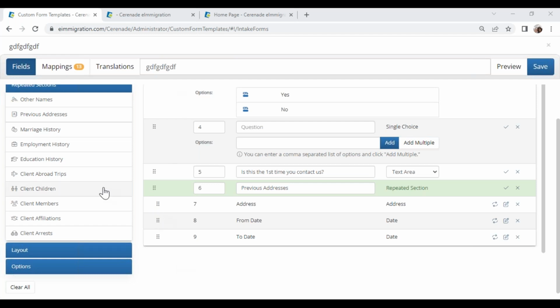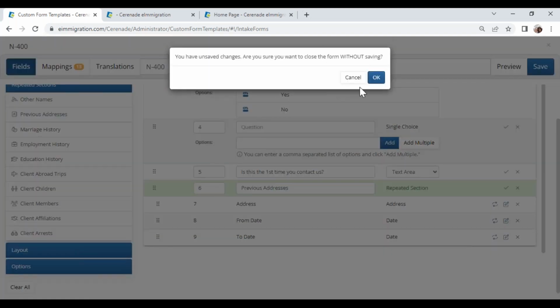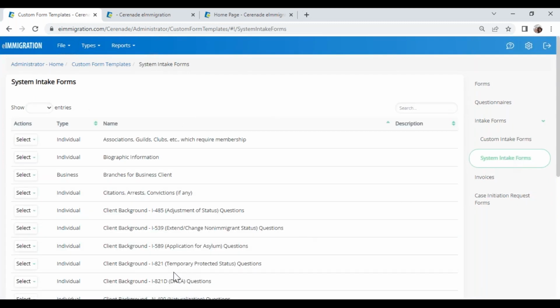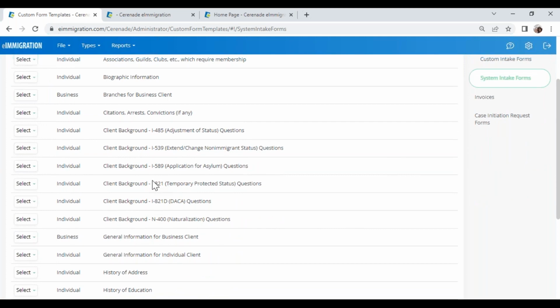how to maximize your investment. Because instead of sending multiple questionnaires, you can, for example, create one that's only for a specific form. Oops. And then just add exactly what you need them to complete. Or, like I said, you can have a questionnaire that's already in the system, such as that N400 or I-485, all of those background questions. You can just click select, copy,